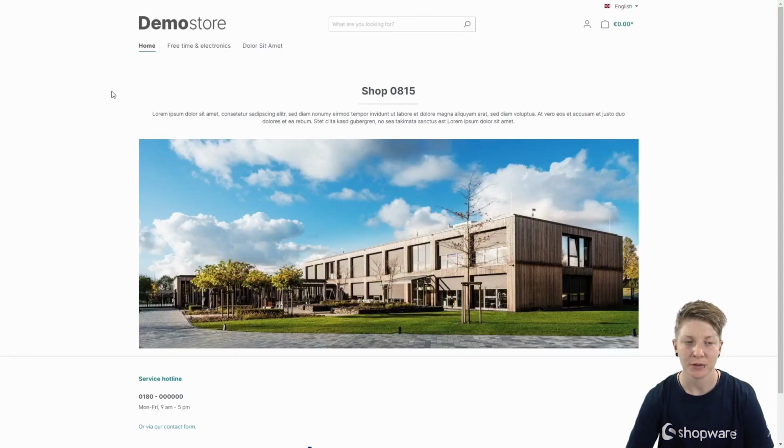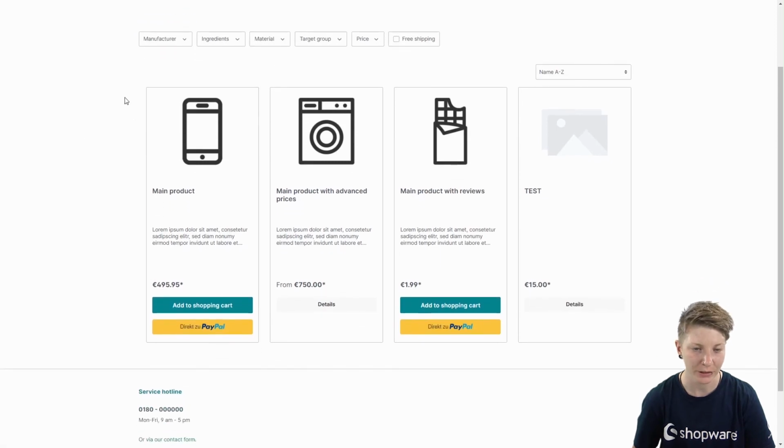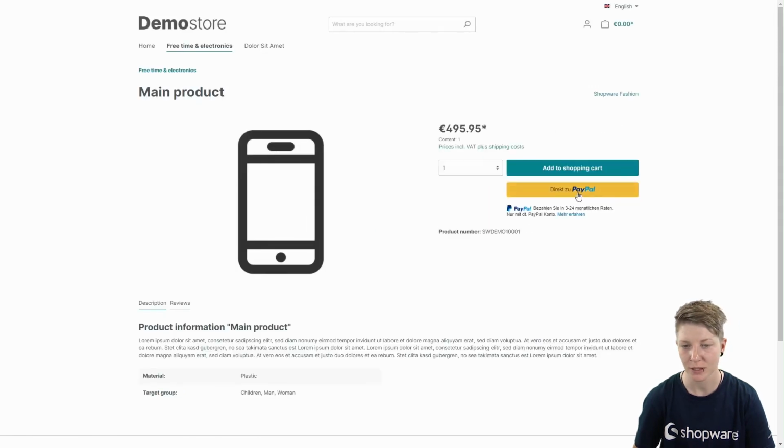Let's go to the storefront now. Open a category with products. Then you can see your product list, and now you can see the Express button from PayPal. If you go into this product, you can also see the Express button and the information about the installment payment.